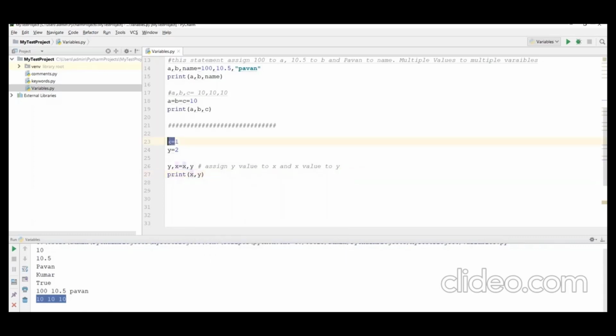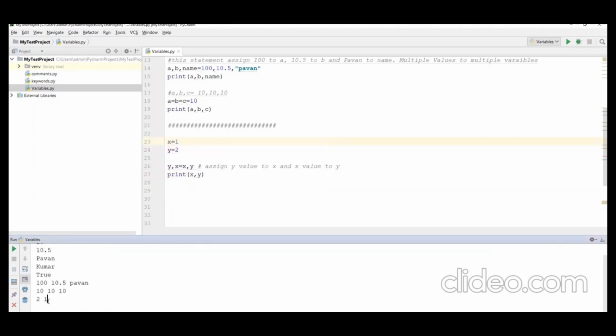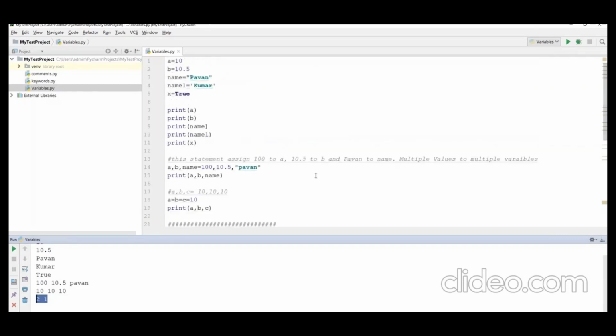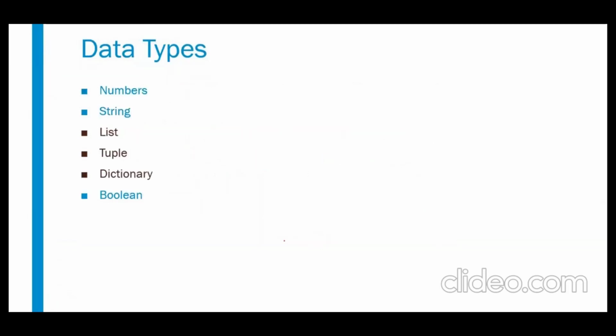Now x is 1 and y is 2 here, but it will print 2 comma 1 after exchanging. Now run the code. Now you will see the 2 comma 1 output. Okay, so we can also assign the values like this. So in Python, these are the many ways we can define the variables and assign values to those variables.